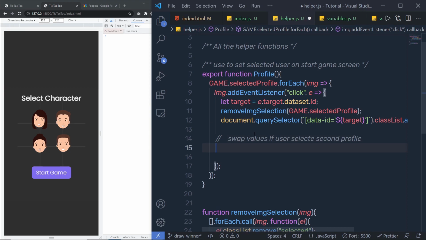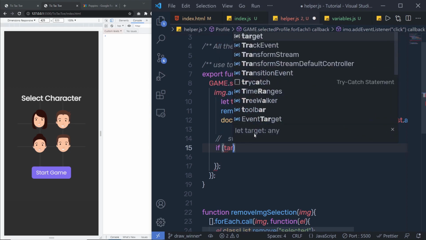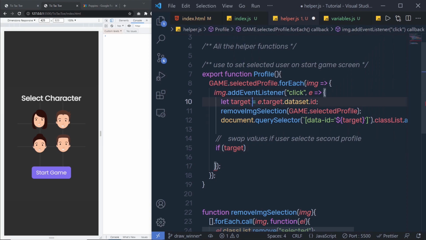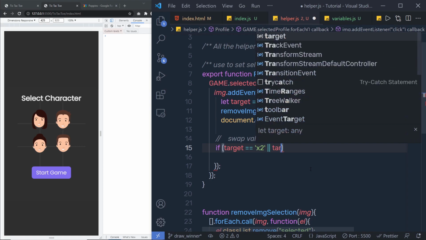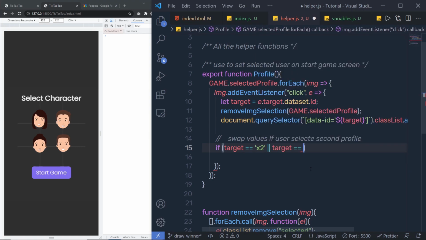Just down here, I'm going to say if the target, meaning this value, is equal to x2. As you know, inside this target variable, we have the id value. So if the target value is equal to x2 or the target value is equal to y2, then I'm going